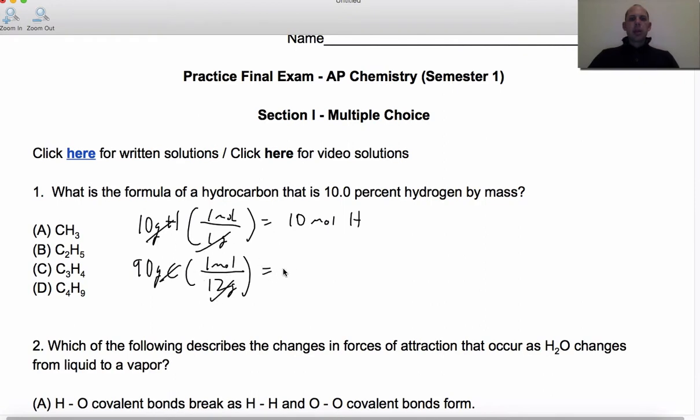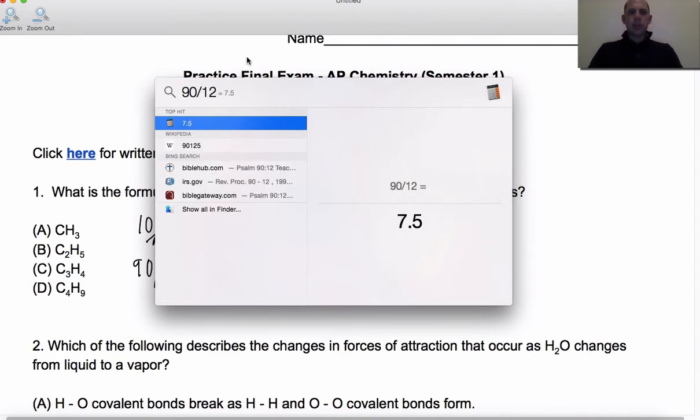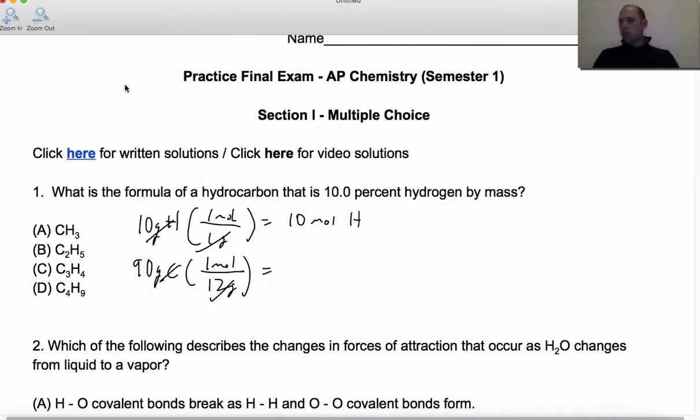Okay. You're going to go through this process and you're going to end up with, I believe, let's get a calculator out here. So what's 90 divided by 12? 90 divided by 12 is 7.5. So you're going to end up here with 7.5 moles of carbon. So you're going to divide this by 7.5, and you're going to divide this by 7.5,